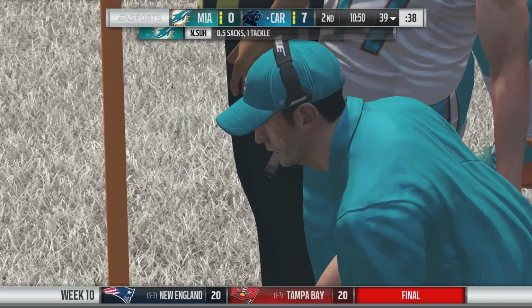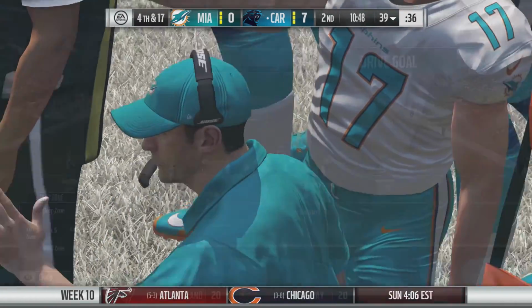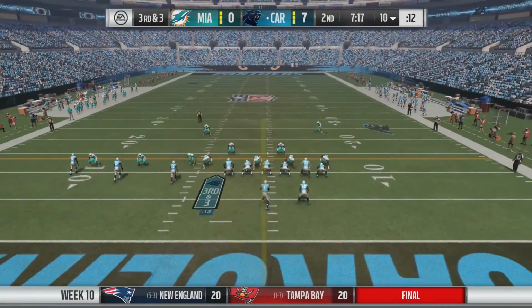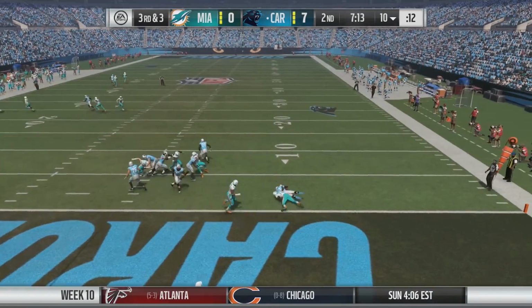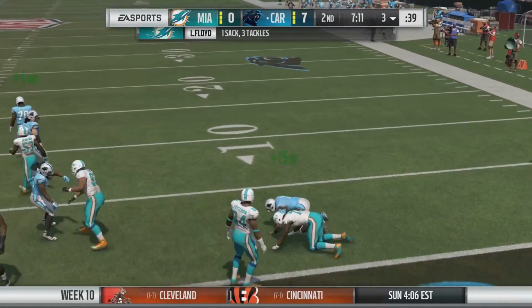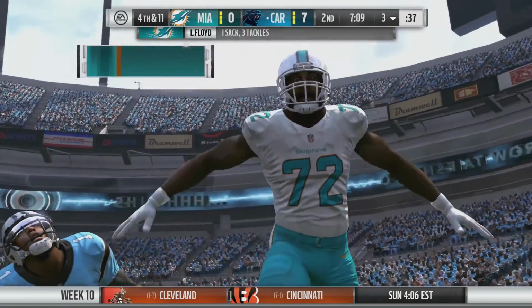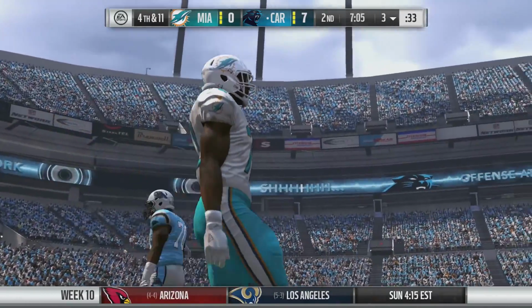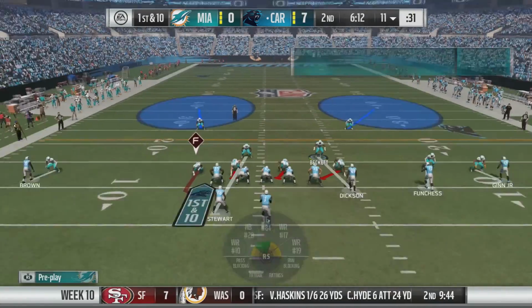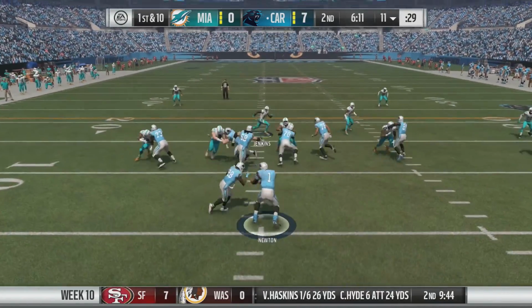And here's Ndamukong Suh and Shaq Thompson combining for the sack and forcing Carolina to punt. But Carolina is back with the ball as Miami's drive went nowhere, and here's Leonard Floyd bringing down Cam Newton, rolling out to his right and down to the 3 and forcing a punt, and good field position for Miami. But despite this, nothing that the Dolphins can do, struggling to get going and maybe needing to switch up that